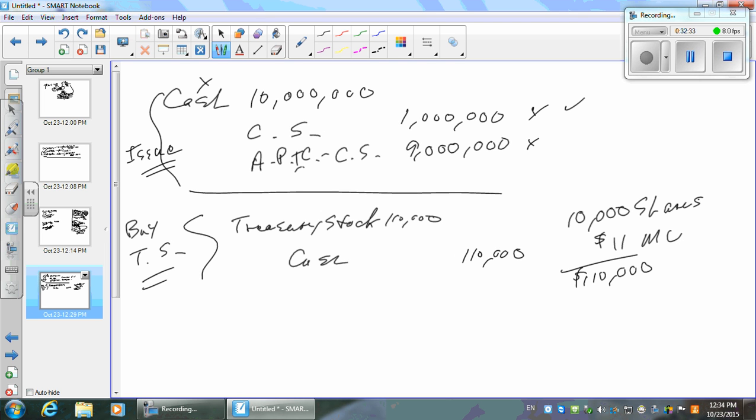You're reducing your equity. So yeah, it's an equity account, but it's got a debit balance. So what kind of an equity account is it? Contra equity. Got it. So that's a contra equity. What you're going to do is show your paid-in capital: preferred stock, additional paid-in capital on preferred stock, common stock, and additional paid-in capital on common stock. All that adds up to your total paid-in capital.